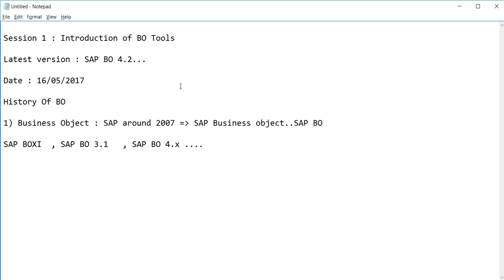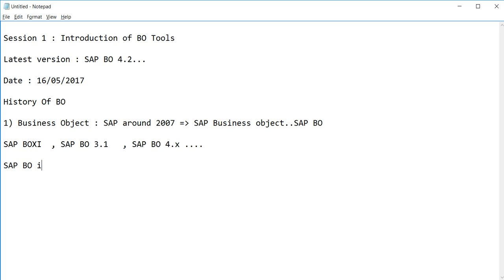In BW we already discussed that it is techno functional. In the same way, BO is also techno functional, meaning we are doing the analysis part. We use the SAP ECC database, and besides the ECC database we can use external databases like SQL Server, Oracle, DB2 with BO.